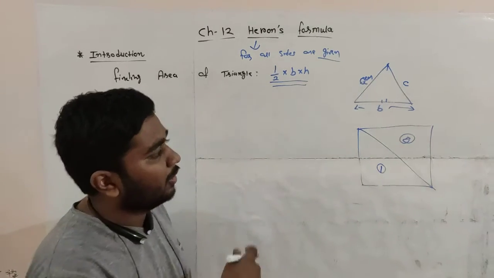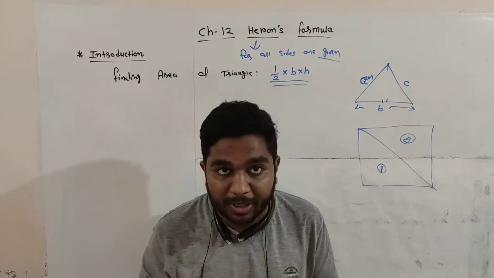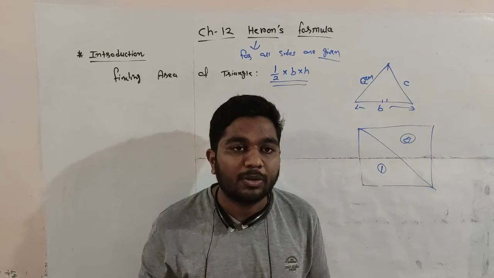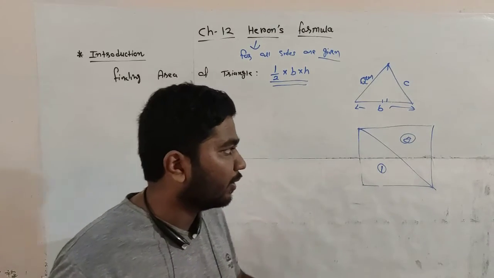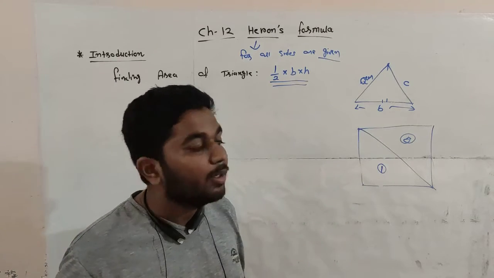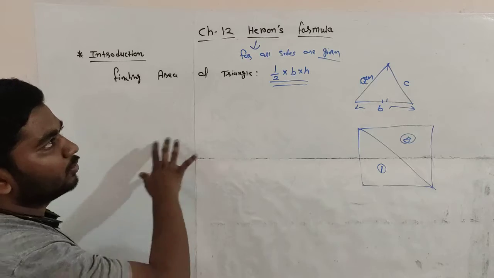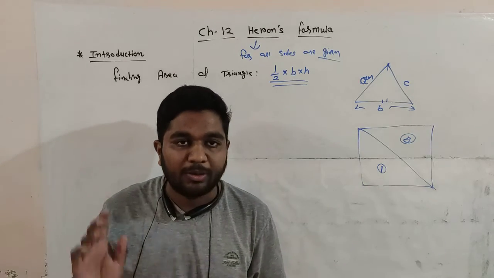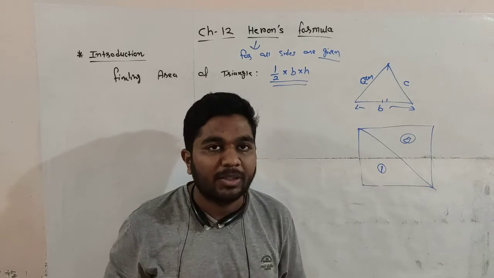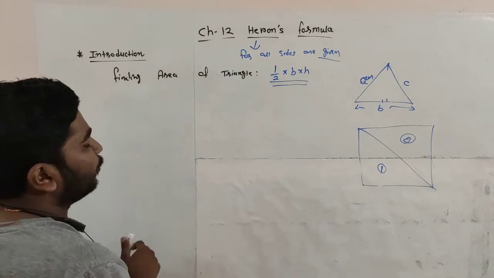This is the second part of this chapter, but the board has removed this topic for this academic year. So in 2020-2021 we are not going to study this topic. So applications we are not studying. Generally we have two videos for this chapter. First is the introductory part and second one is exercise 12.1. So let us start with Heron's formula.